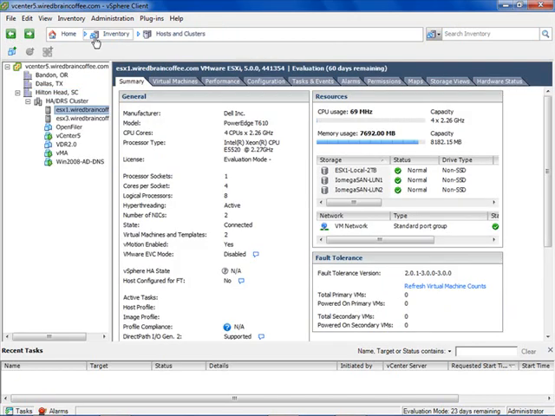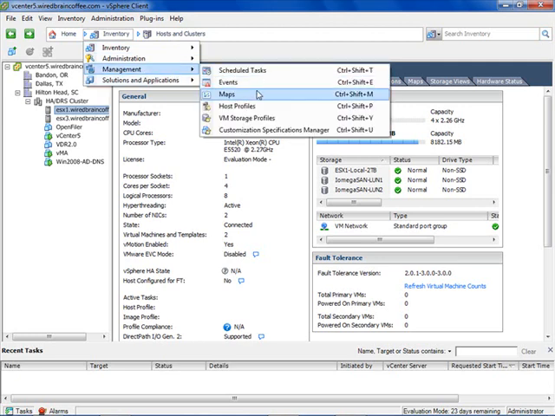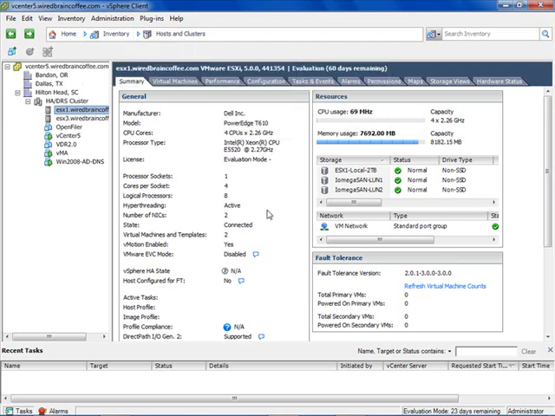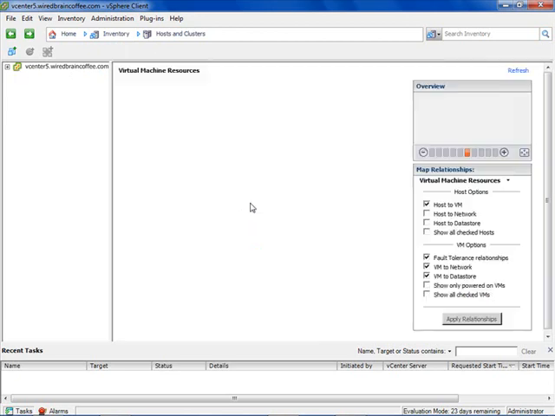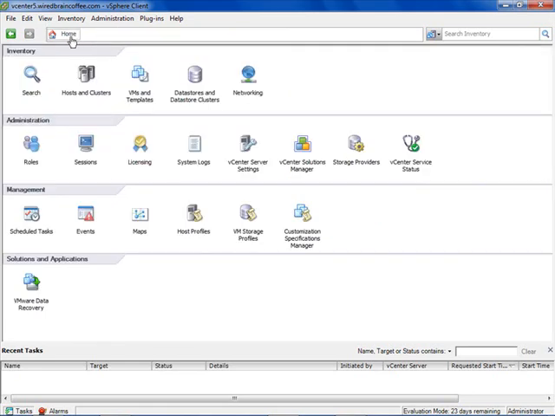I'll click back here, and let's say that we wanted to go into, let's say, the maps view. It's Control Shift M. So I'll just hold down Control Shift and then M. And here we are in the maps view. So I'll click on a checkbox up there to map our virtual infrastructure, and it just happens that quick. Another example here, let's say that we're in the events view,